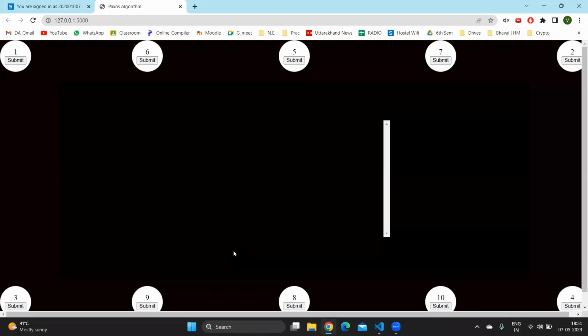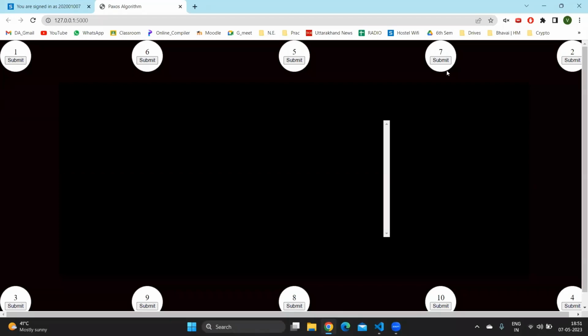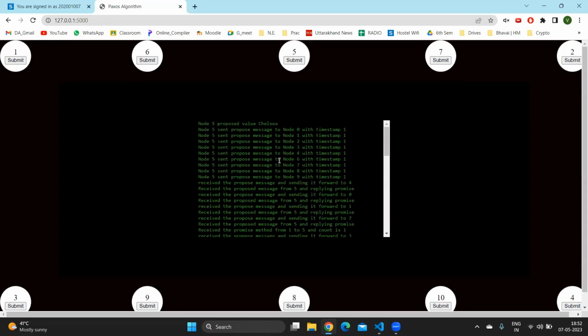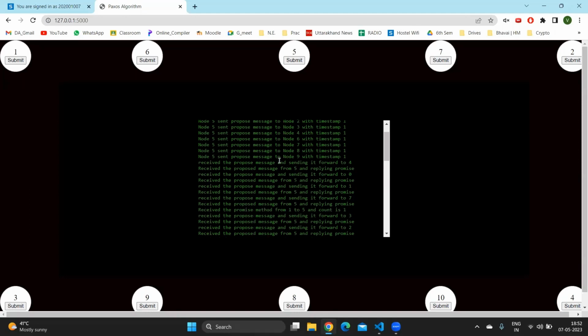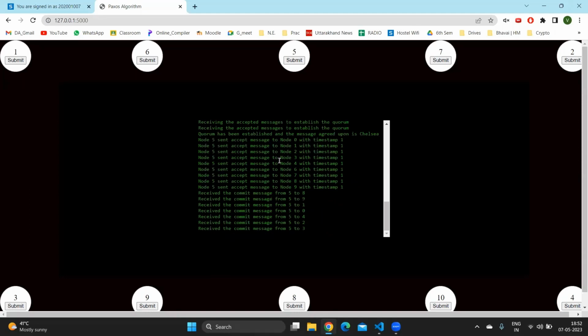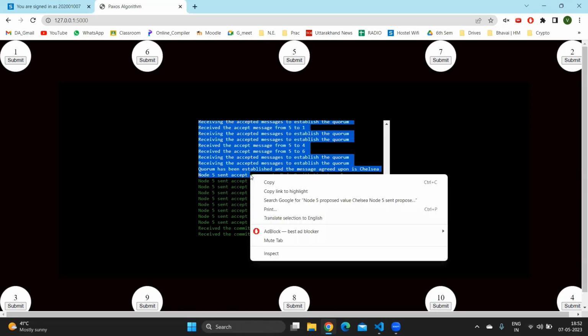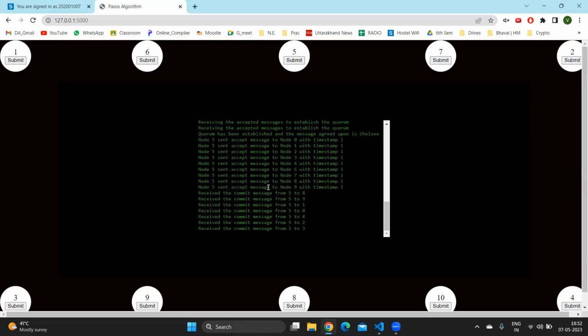So this is the front end, and you can see these circles, 10 of them, each one being a node, which will request the others and propose a value to the other receivers. If I click on this button, submit, it sends a proposal value to the other nodes and receives accept messages, and then the quorum is established or maybe not.